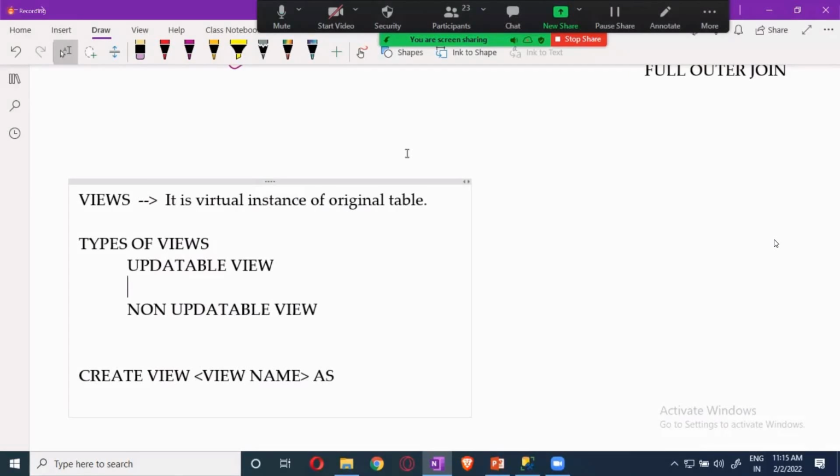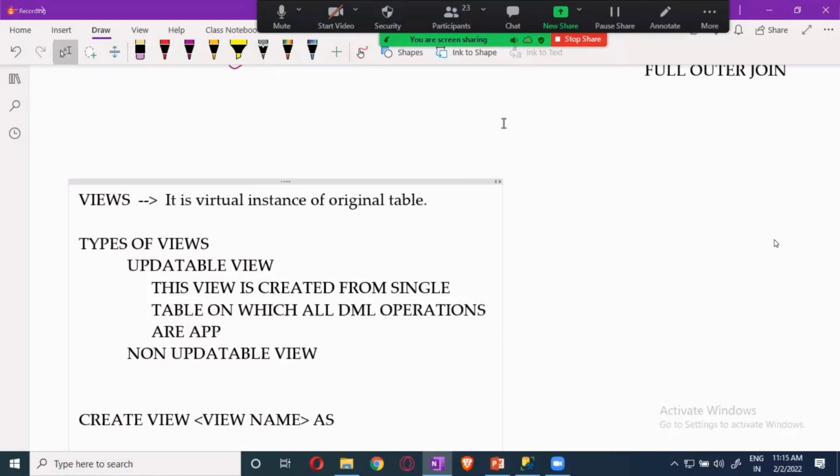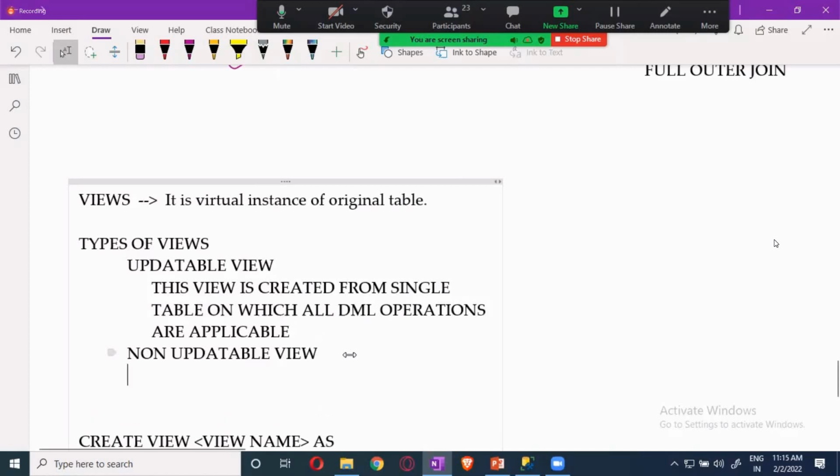Now, an updatable view is created from a single table, and DML operations are applicable. Next is the non-updatable view.